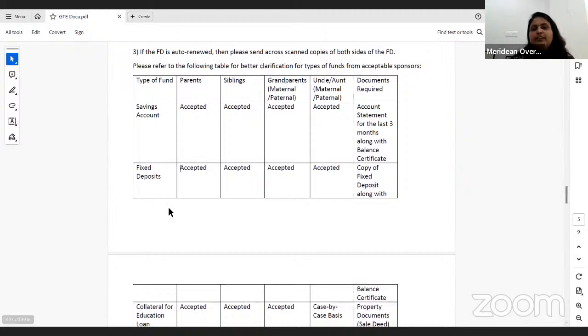सो एफडी एक्सेप्ट होती है पेरेंट्स की, सिबलिंग्स की, ग्रैंड पेरेंट्स की, अंकल आंट्स की, अलॉन्ग विद दी कॉपी।